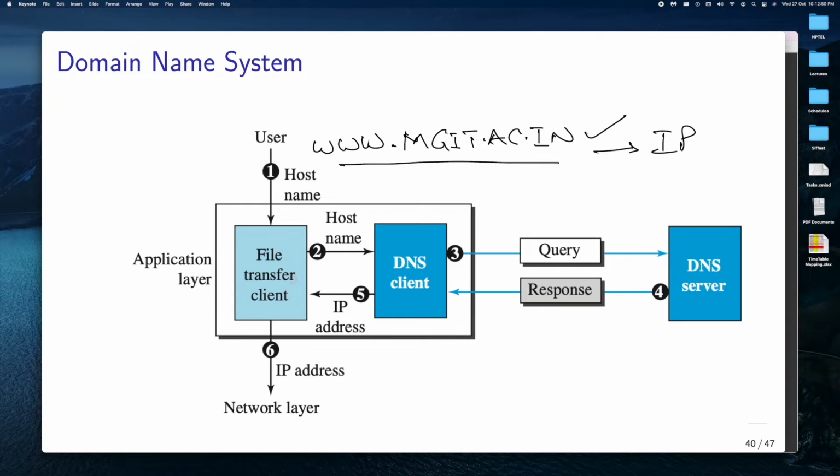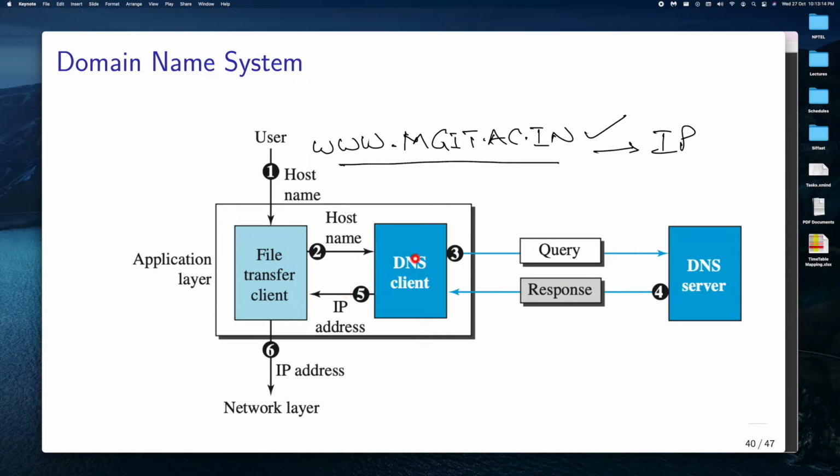So the file transfer client, since text is given, however, to the subsequent layers, to the TCP and IP, he needs to give the IP address. So he uses the DNS client to convert the host name that has been given to get back the IP address. So the DNS client's input is name and then it gives the IP address.